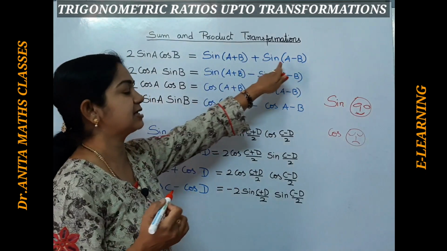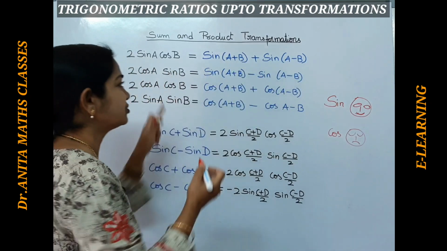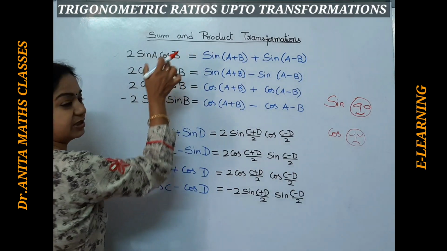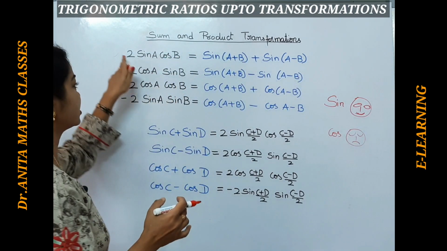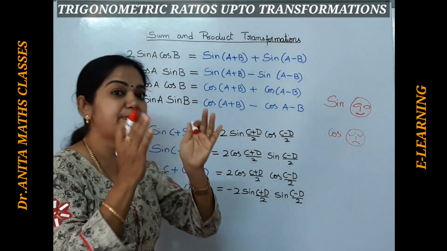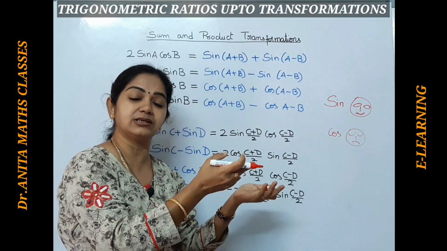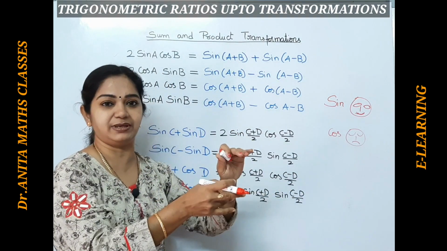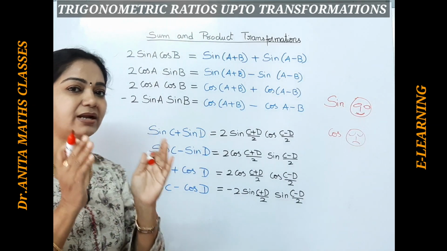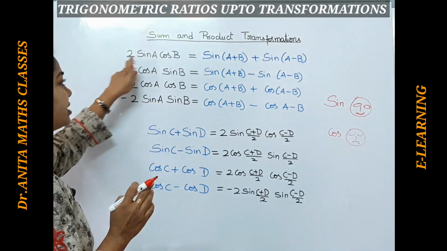Sin A plus B, sin A minus B. Here, when I am telling sine is a friendly function, sine is including cos with it, okay? So it is taking cos. So sin A cos B. This sin A cos B is the first part of sin A plus B. Now the second part is cos A sin B, isn't it? So remember that in sin A plus B, the first part, right? That is 2 sin A cos B.